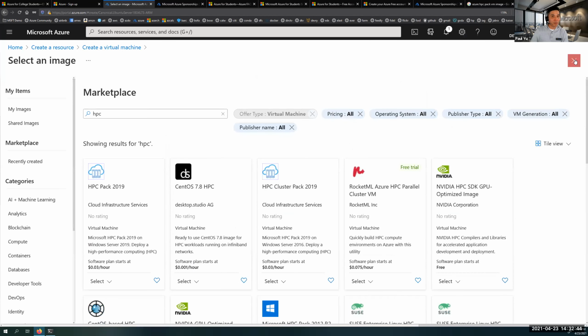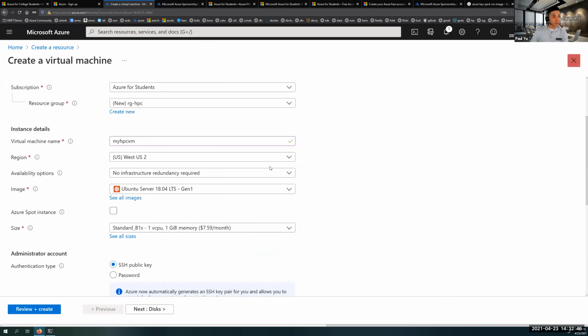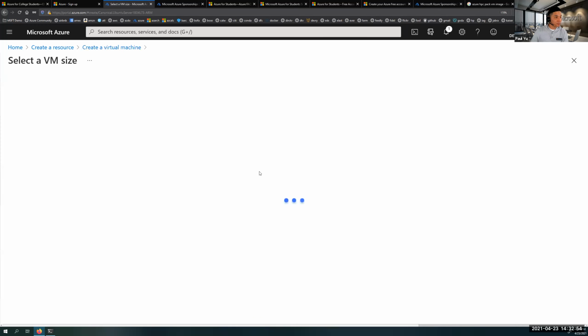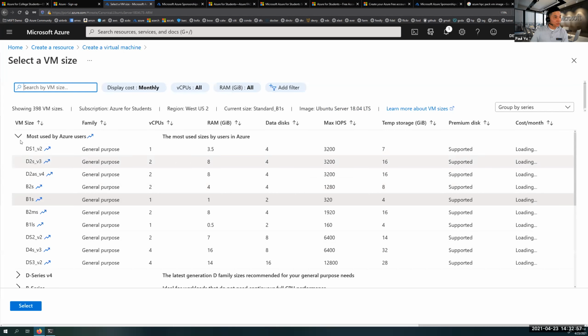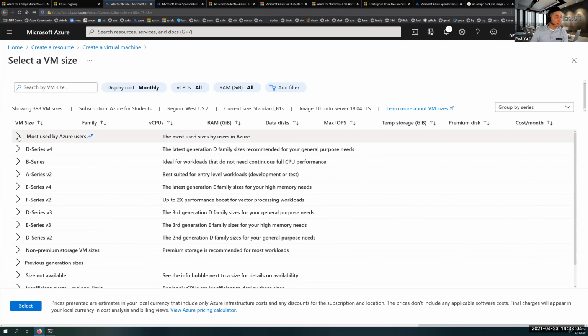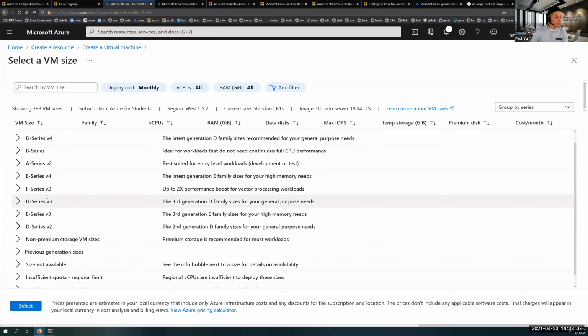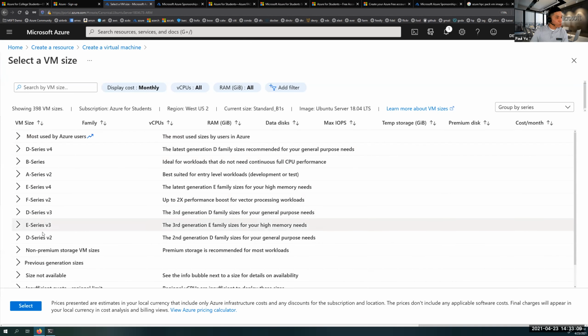And let's see, I will go back. So that's the image marketplace. I'll just run with this one for now. We did talk about size, right? The last time around, I just picked the free tier, but you can actually collapse these and group by series, and then you can start to see... I don't see the H ones showing up. So sometimes what happens is,